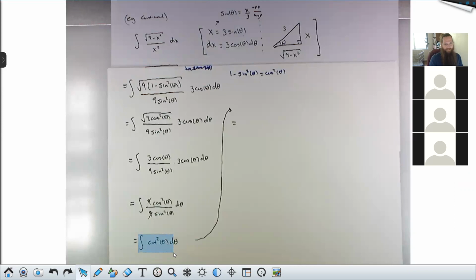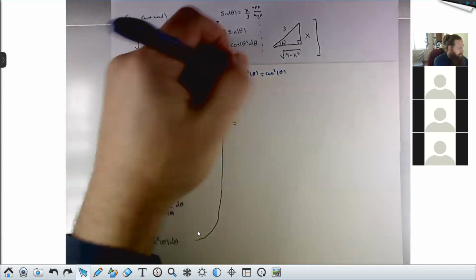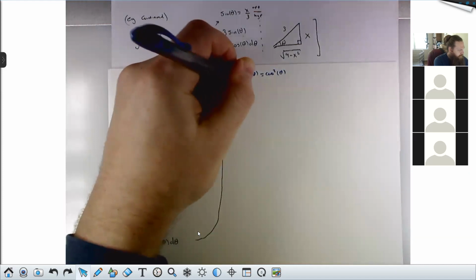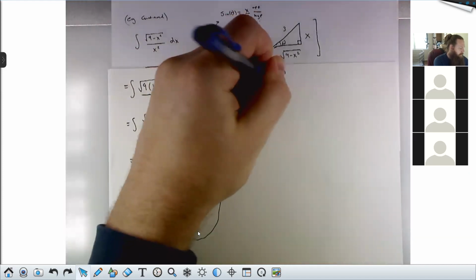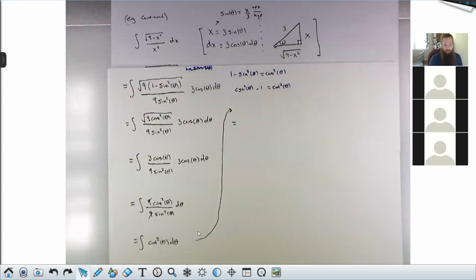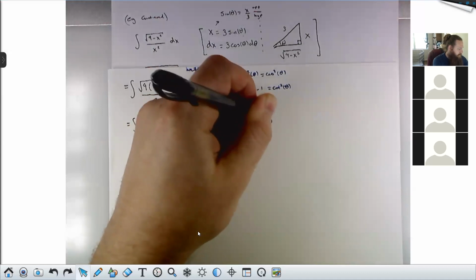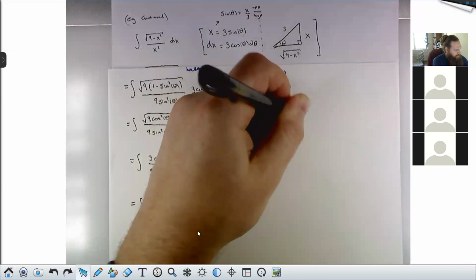This one's a little bit tricky. It's a little bit tricky because it's actually kind of too easy, right? I think most of our brains are looking for the like substitution we could make or the way to split it up and use some other trig identities. It's actually simpler than that. If I divide both sides of this identity by sine squared, then I get cosecant squared theta minus 1 equals cotangent squared theta. This is another form of your Pythagorean identity, which of course you all know by heart. So I can rewrite the integral of cotangent squared as the integral of cosecant squared theta minus 1 d theta,